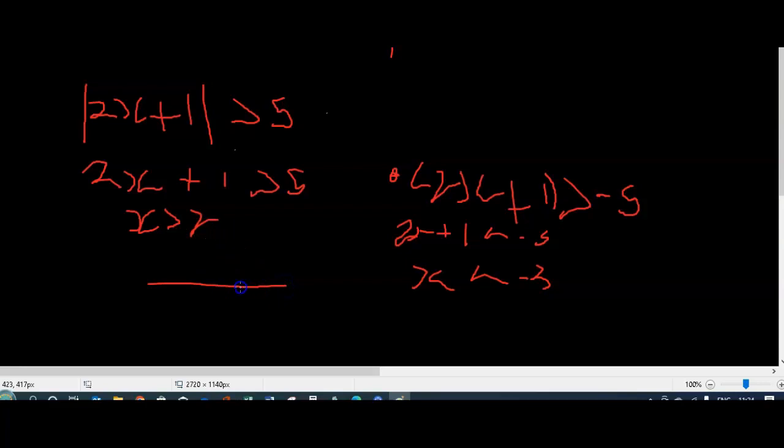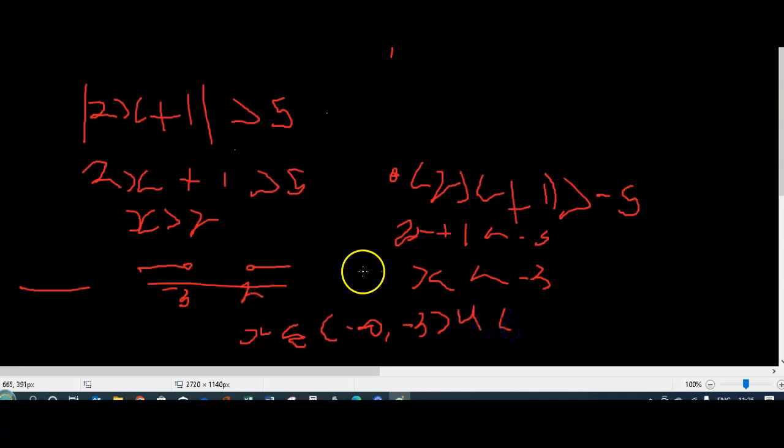So x is greater than 2, but it's not equal to 2, so it'll be an empty dot here. And x is less than -3, so -3 is somewhere over there, empty dots. So the answer will be, x is an element of the interval. Now you don't include infinity, so all this here is negative, so you're going from negative infinity to -3, and then to say or, you say union,